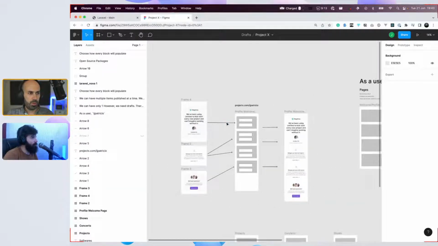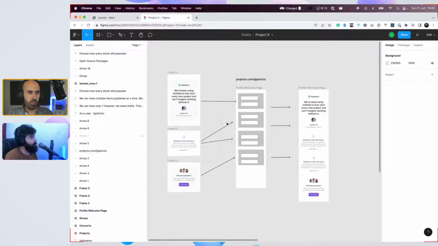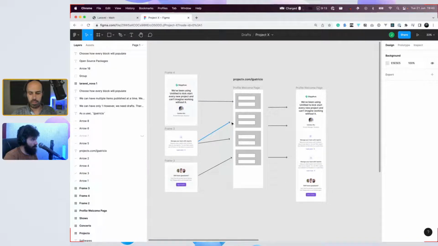So coming back again, we are building a link collection, let's call it like Linktree or something like that, a platform where you can publish the many links that you have, but also combined with a simple website builder by blocks.